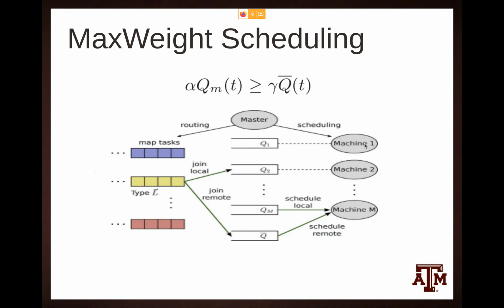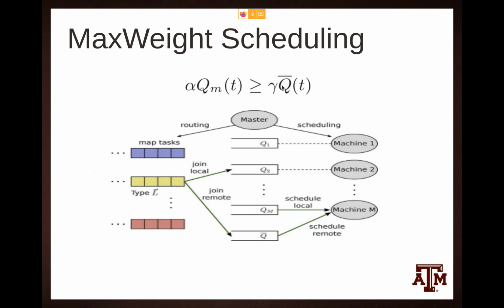That's not the job of the machine to decide which one it has to do, but the master will actually schedule. So the master uses this equation to decide whether a machine should service a local task or a remote task. Here, alpha is the service rate and this is the queue length, so multiplied together they give us the local queue weight. And gamma is the service rate for the remote task, and this is the common queue length, and multiplied together they give us the common queue weight. Now whichever has the higher weight,